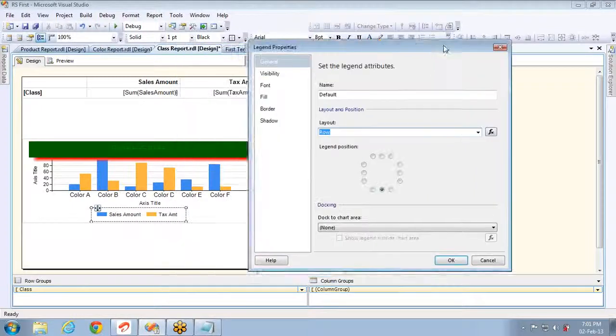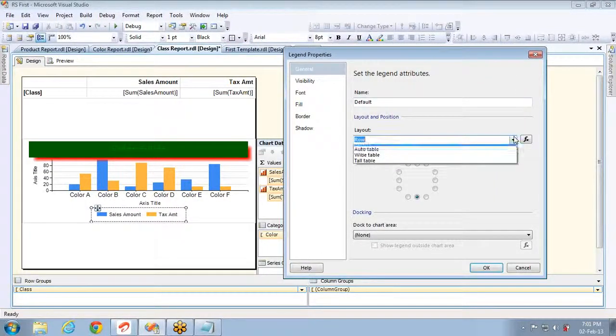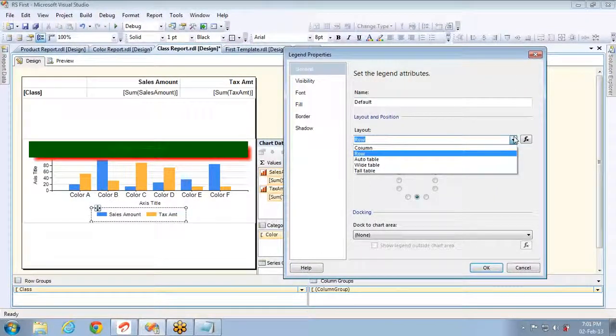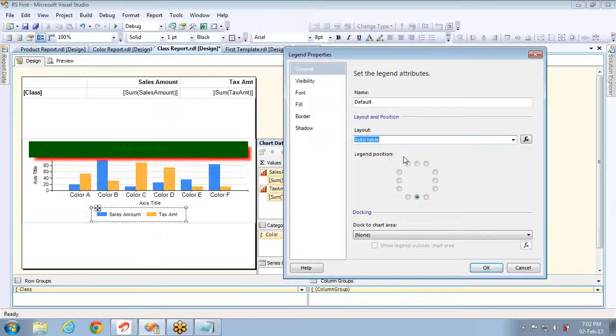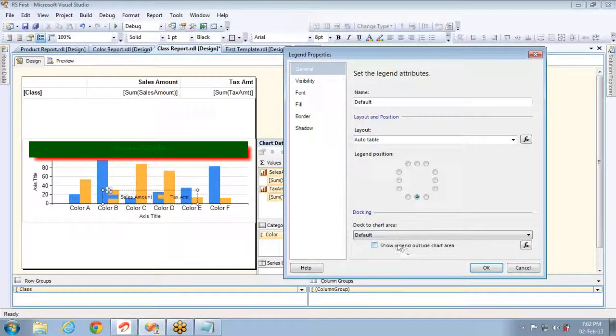If you have 50 or 60, the table will be split like 3 or 4 columns per row, and it will be shown in the next row after that. If you want to show in columns, it looks like this. And if you want to show in a tall table, if you have more legends, then it will make sense. For now, let me take automatic table and dock to chart area. Whether you want it or not depends on your wish.